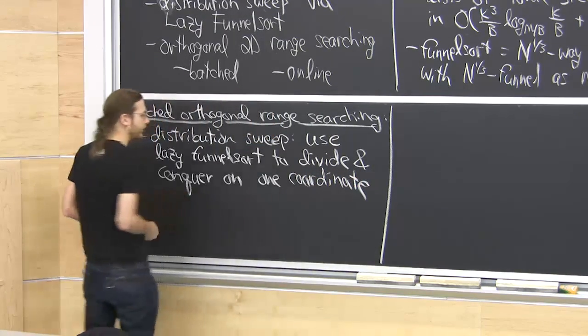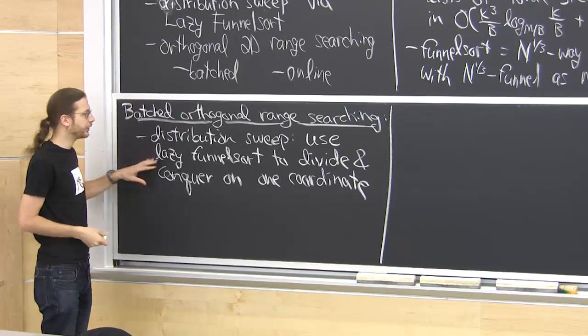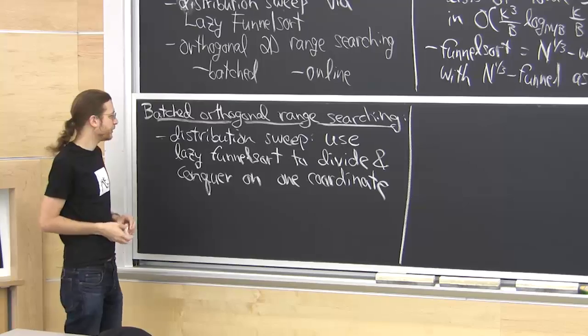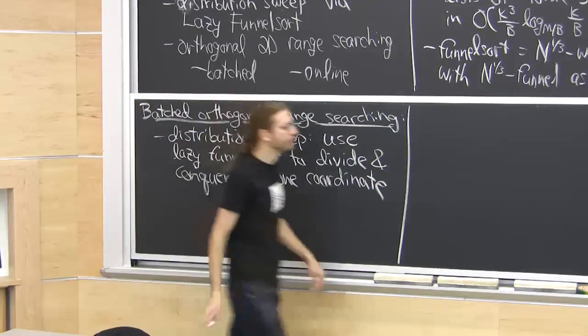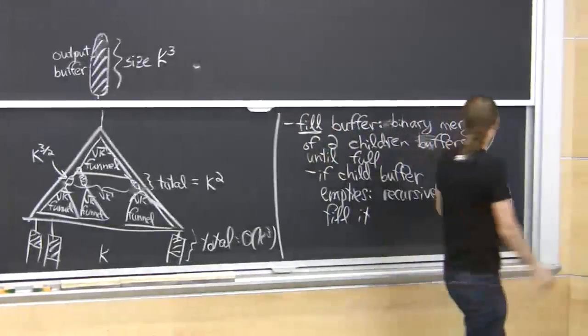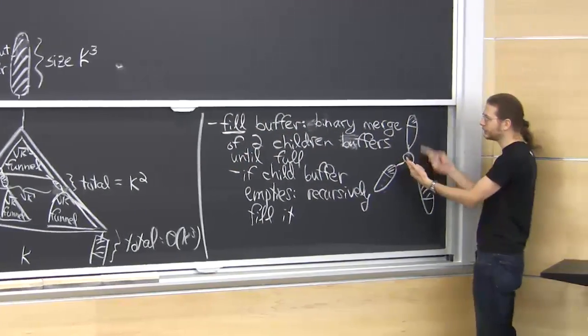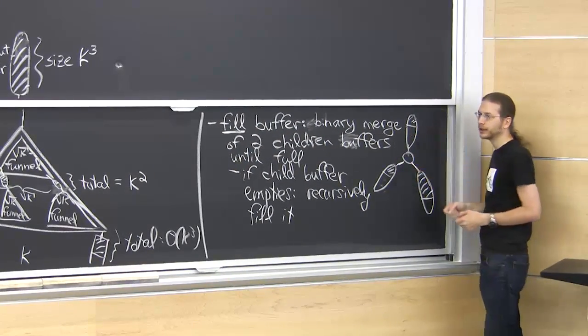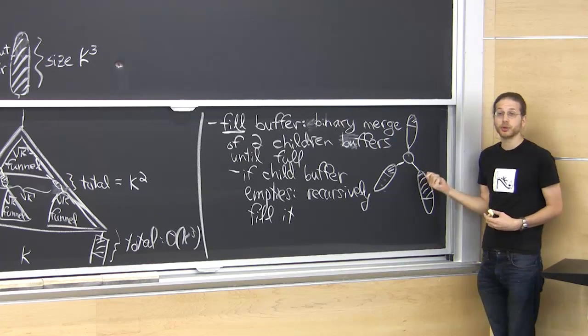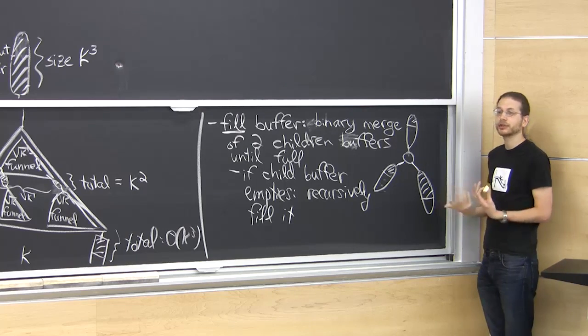And in this case, we have two coordinates. We're going to use the divide and conquer on one of the coordinates. And where we have some flexibility is in this binary merge step. We're doing this binary merge, and normally you just take them in, you spit it out here, you take them in, you spit it out here. But if that's the min of one particular coordinate, now you've got to deal with some auxiliary information about the